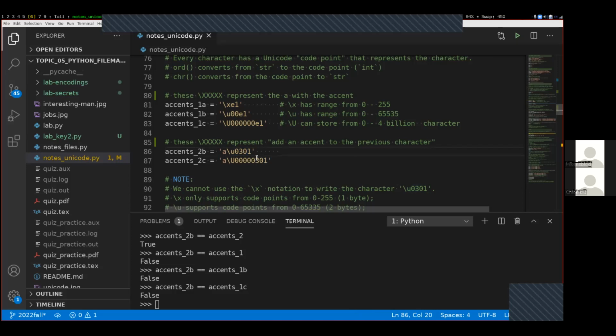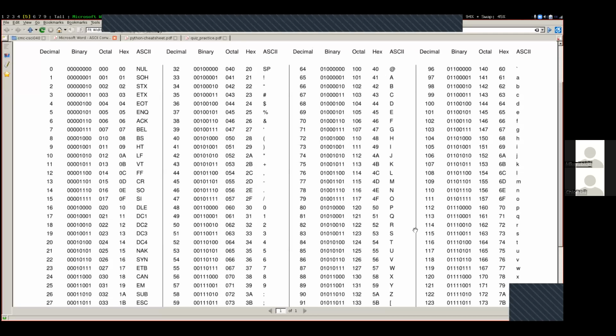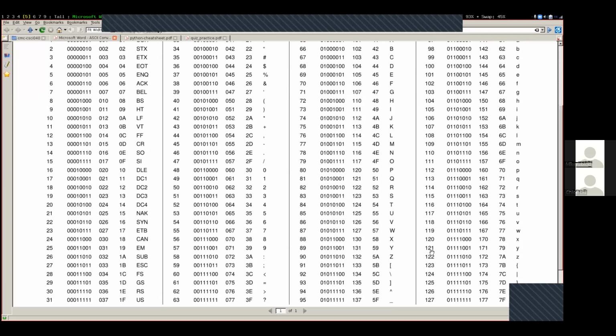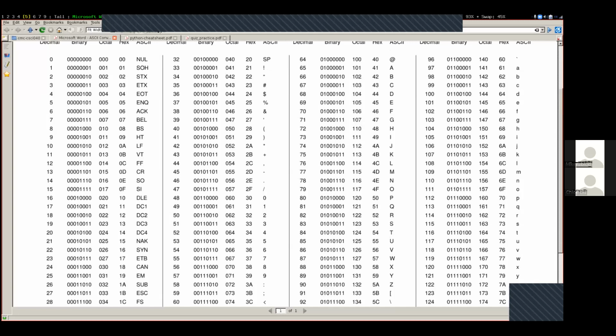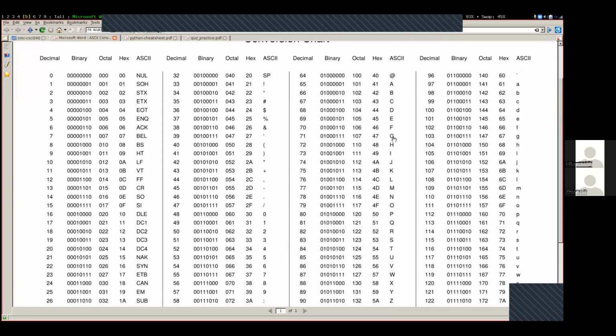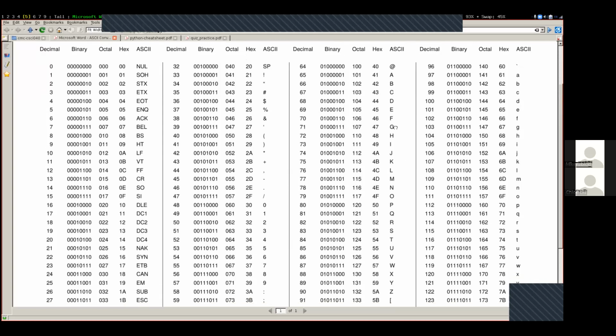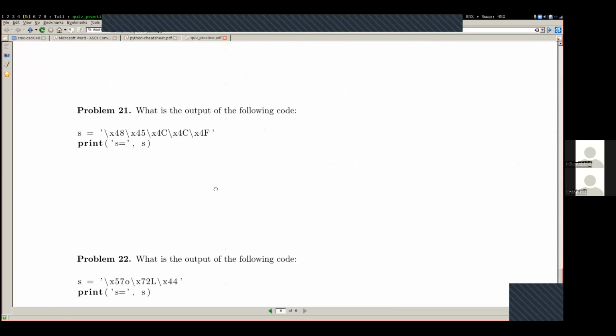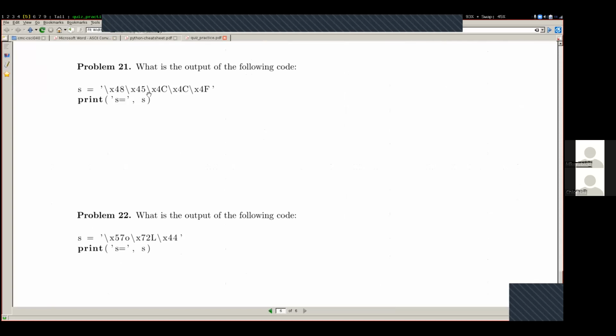So that sort of segues us into, for the quiz, what do you need to know for the quiz? And for the quiz, I'm not going to ask you anything that's not on the Ascii cheat sheet. So for the quiz on Wednesday, you'll need to be able to convert between the Ascii code points and the Ascii value, but you don't need to know these larger Unicode code points that are outside of this Ascii range. And so, for example, if we come over to this quiz practice down here on problem 21,